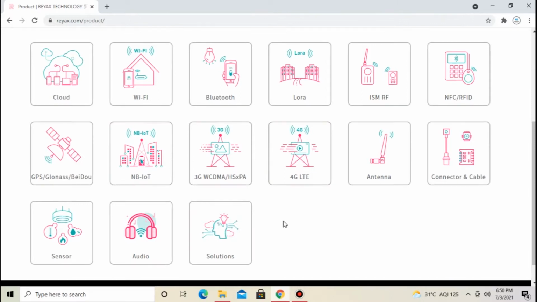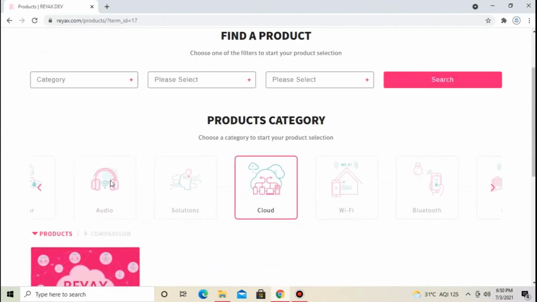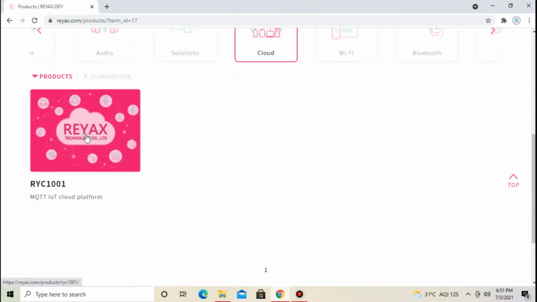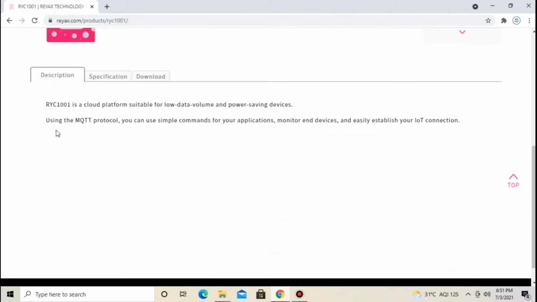In this video, I will show you the cloud platform, which is RYC1001. Click on RYC1001. You will find all the documents here like description, specification.